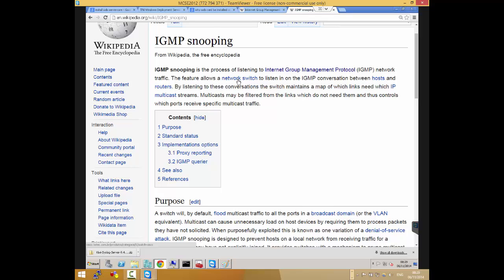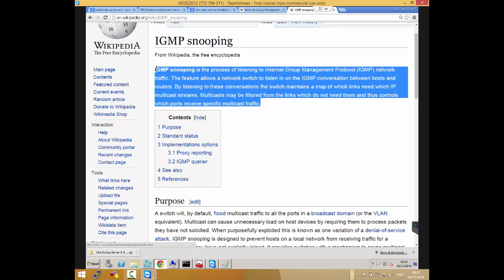This feature allows a network switch to listen in on the IGMP conversation between hosts and routers. By listening to this conversation, the switch maintains a map of which links need the IP multicast streams. Multicast may be filtered from the links which do not need them, and thus controls which port receives specific multicast traffic. So to put it in a simpler way, IGMP makes multicast work the way it should work.